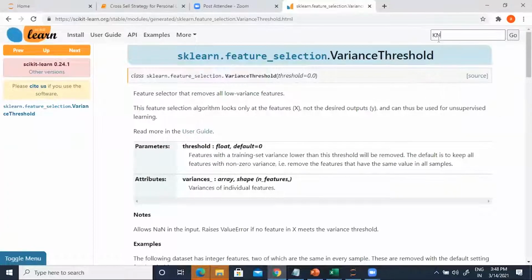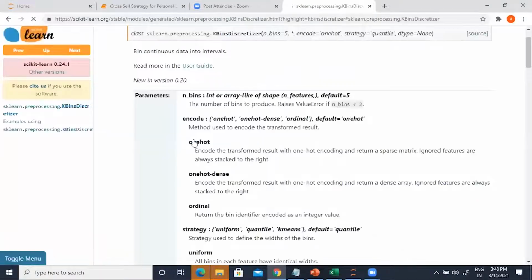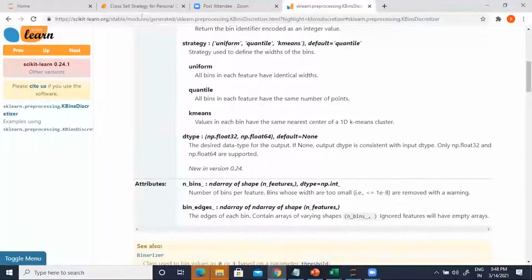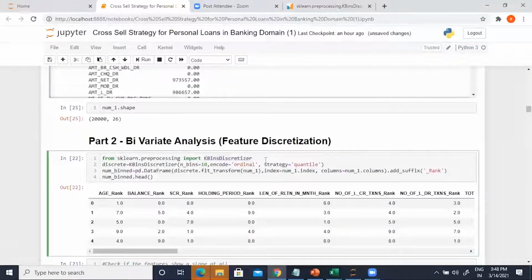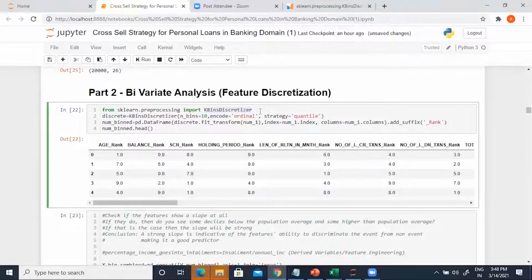In sklearn, go and check KBinsDiscretizer. You can see how it works. You can mention the number of bins, encoding such as one-hot, etc. It takes away, I think, weeks of hard work in terms of coding. Because ultimately, whether you do it the hard way or use KBins, what matters is how you interpret the output. So let me show you what you need to do here.